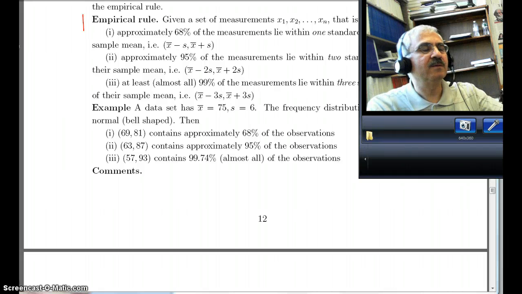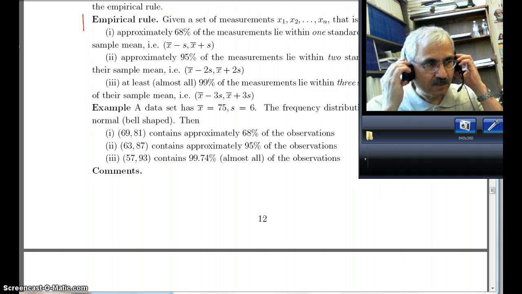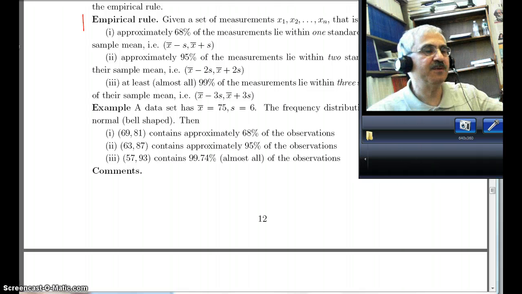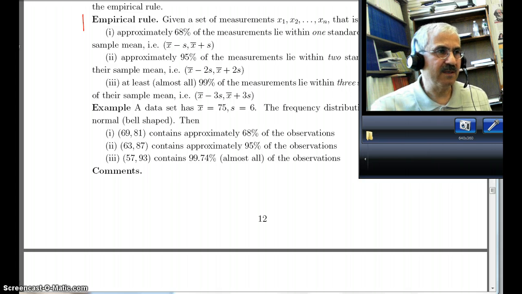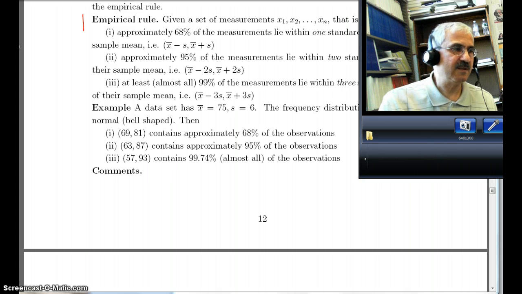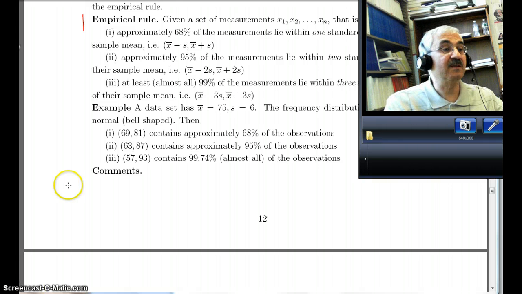Yeah, in this video, I'm going to talk about the empirical rule. Last video, we talked about Chebyshev's inequality, where we had a data set or a population where we only knew the mean and the standard deviation, and we wanted to know how the data is distributed. We were only able to tell that within one standard deviation, we cannot tell much. Within two standard deviations, we could say there's at least 75% of the measurements, and within three standard deviations, we can say there is